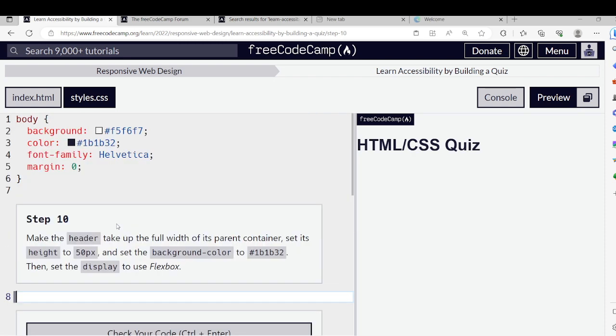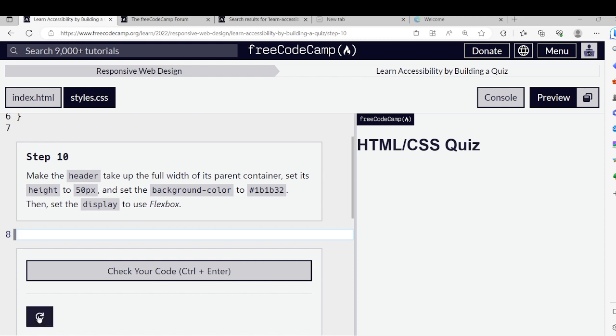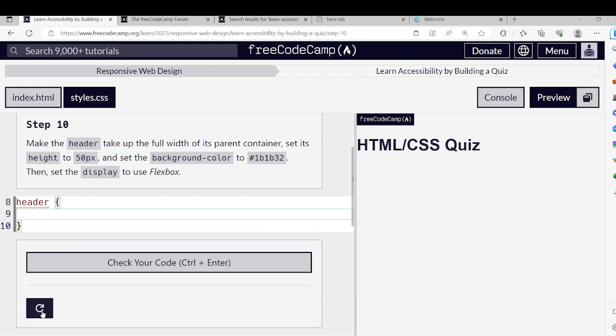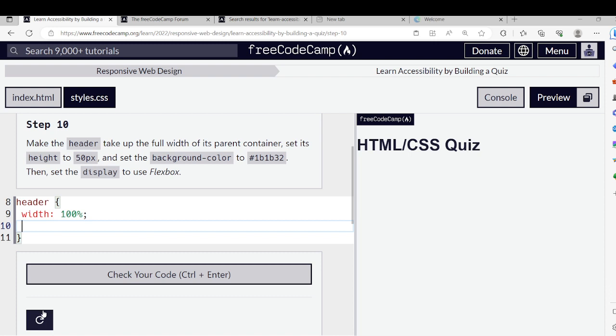Make the header. So I can, alright, I can just do this. So I guess I would just make the width. If I want to make it the full width of its parent container, that would be 100%, right? Because the percentage is relative to the parent container. Set its height